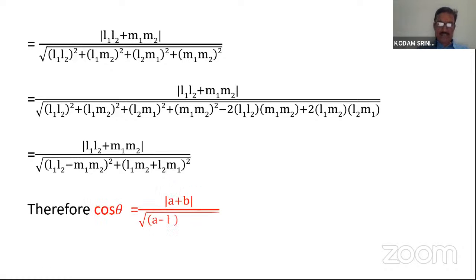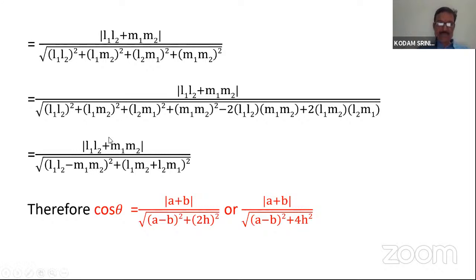Now substituting the values, already we have equated on both sides. We got that L1 L2 value is a and M1 M2 value is b, and L1 M2 plus L2 M1 equals 2h. Now substituting the terms, therefore cos theta equals